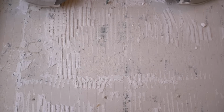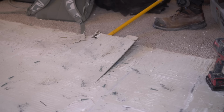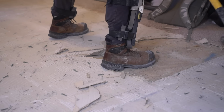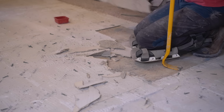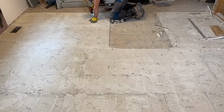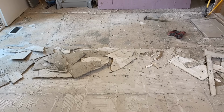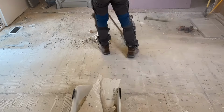That takes some time and energy, as well as the fact that they put some thin set underneath the backer board, which isn't desired normally because it's brittle, and therefore you should be applying a subfloor adhesive which actually stretches. But in this case, its thin set makes it more difficult to remove, and hopefully you don't have to deal with this on your project, but on mine, it was the case. This backer board removal and cleanup literally took me over 6 hours to do, so I won't bore you for the whole process, but just know this is a time-consuming effort, but it is vital for this entire project because